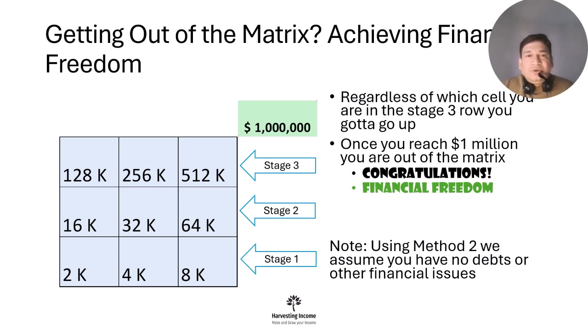Now, what happens once you reach the top, like getting out of the matrix? Okay, why getting out of the matrix? So far, we have said that the matrix is good. It helps you to grow. It's a wonderful tool. It helps you track performance, progress. Why you want to get out of the matrix is not that the matrix is not useful. You want to get on the top of the matrix first and then gradually get out of it for certain reasons. I'll tell you why.